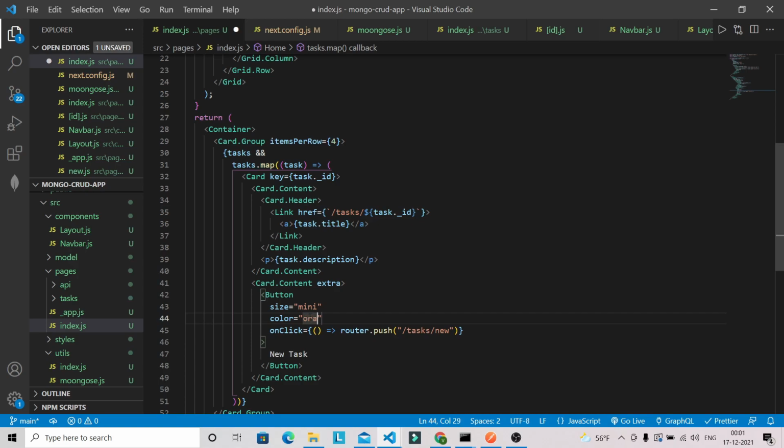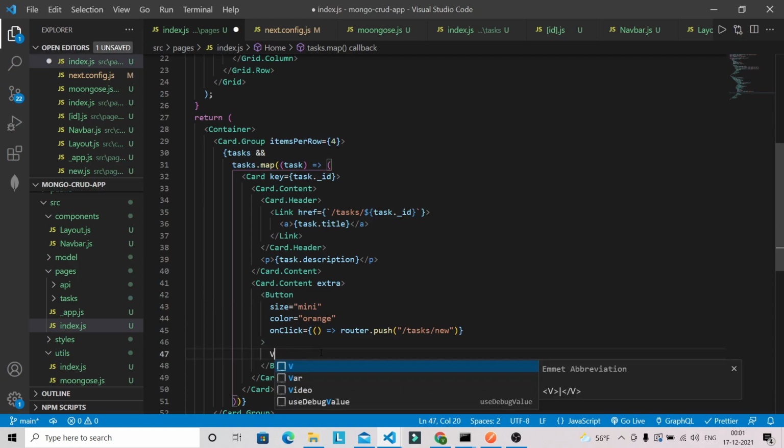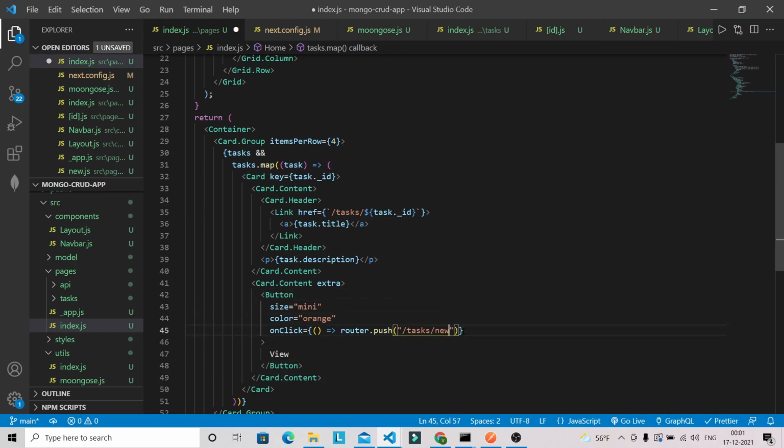So the color will be orange, and this will be like view, and the on click method will basically navigate toward the single task. We can just copy this one and paste it inside the backtick. I hope I am not making any mistake here. It will basically navigate towards the single task page where you can view the single task.